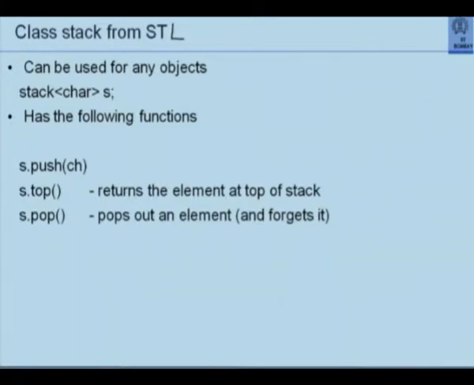What is the maximum size of the stack? Remember last time when we defined our own stack class, we had said that it would be a character array. That was our implementation, and whatever was the maximum number of elements in that character array was the limit of the size of the stack. Now in this case, should we not know what is the limit? So any idea what would be the maximum size of the stack?